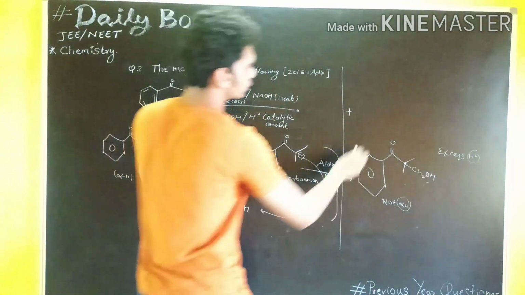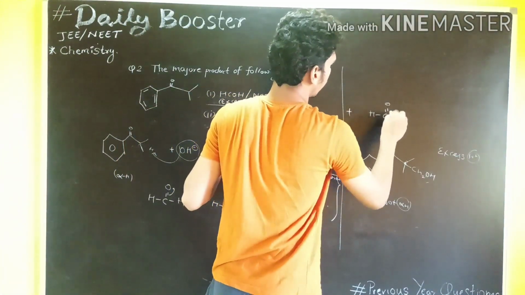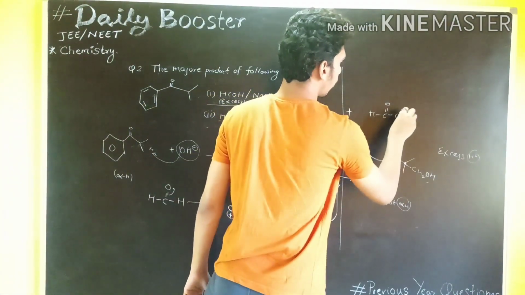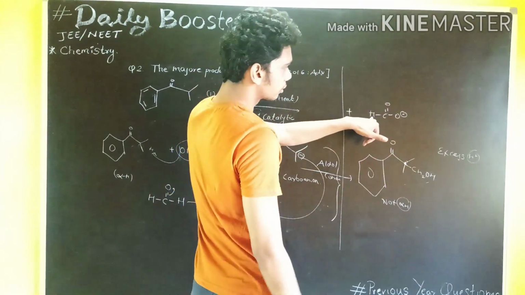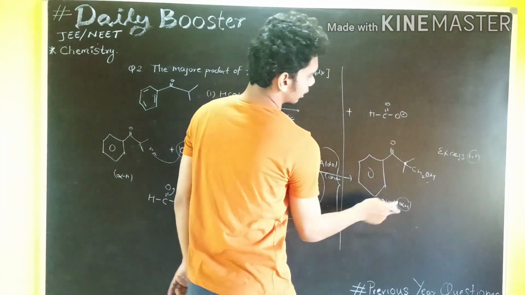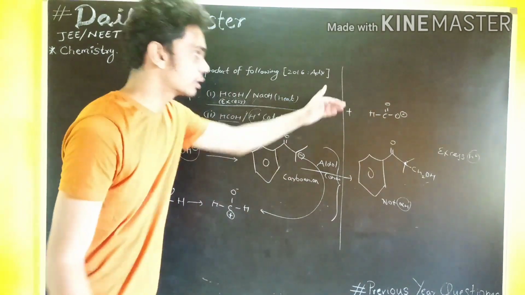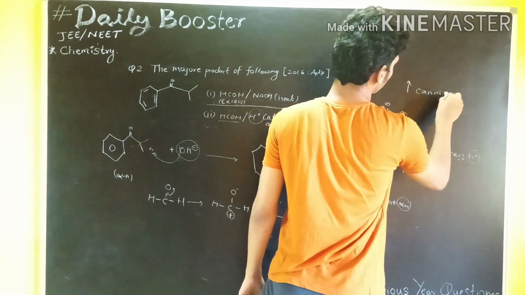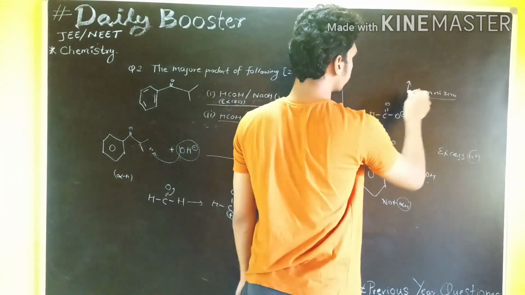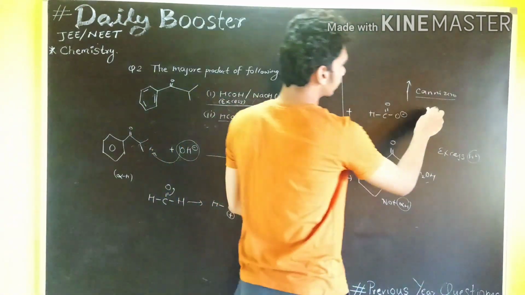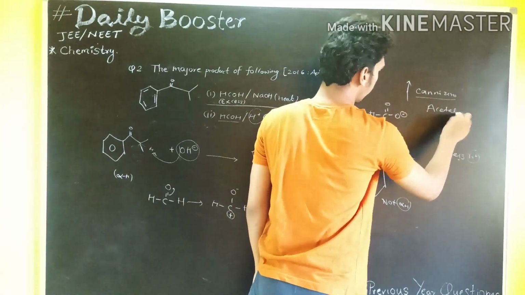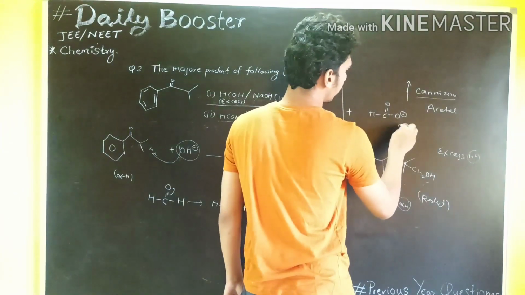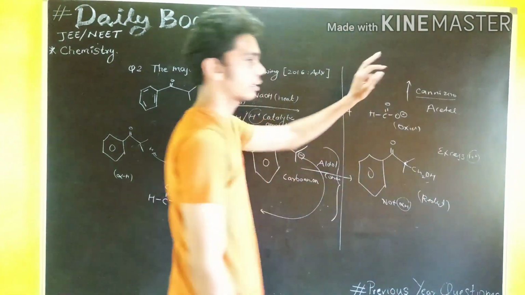But in this case, in acidic condition, this is going to form O minus. So this does not possess an alpha hydrogen, and this also does not possess an alpha hydrogen. So this is going to happen under the reaction known as the Cannizzaro reaction. In the Cannizzaro reaction, the intermediate will be the acetal formation. This undergoes reduction, this undergoes oxidation. Okay, the Cannizzaro reaction will be there.